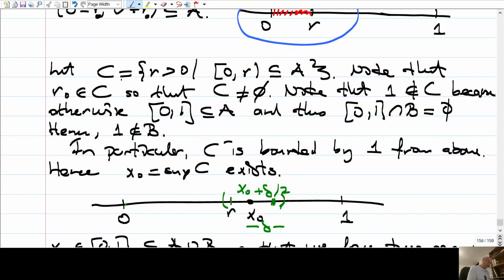Remember the definition of C. It is this set of all positive numbers so that 0, R lies inside A. So if 1 lies inside C, then the interval 0, 1